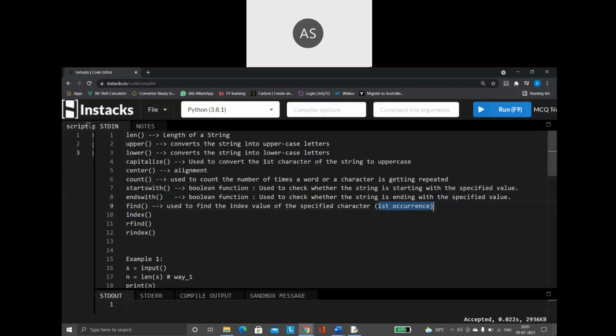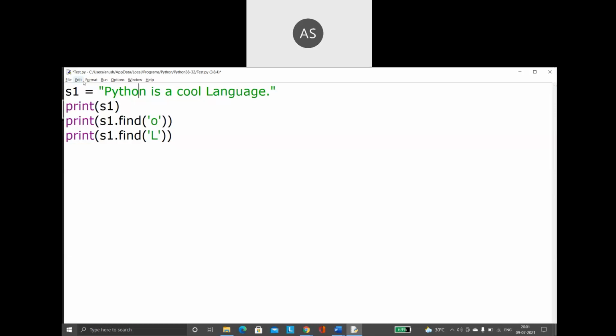Only the first occurrence index position. So the first time this character O comes, it will return that index position value only. Same way, first time where the L is coming. L is also repeated two times, but capital L, case sensitive. Remember, capital L is there only one time. So this is the index position it is going to give me.